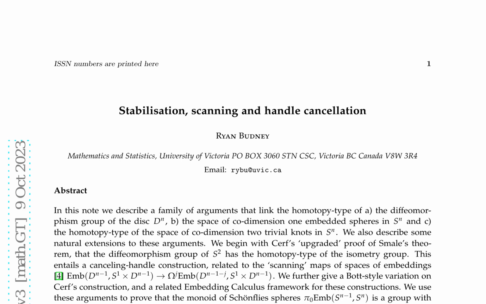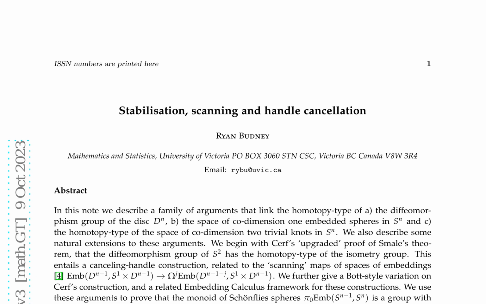This research paper delves into the intricate connections between the homotopy types of three distinct mathematical objects: the diffeomorphism group of the disk D^n, the space of codimension 1 embedded spheres in S^n, and the homotopy type of the space of codimension 2 trivial knots in S^n. By building upon Cerf's upgraded proof of Smale's theorem, the author presents a family of arguments that establish novel links